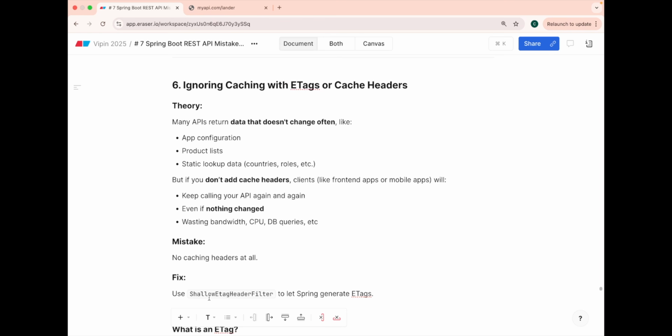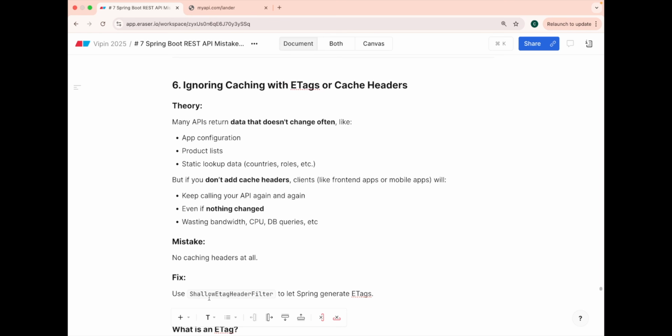The sixth very important thing that 90% of us don't do is, if we are the source of data to some other APIs, we don't tell them how much time they can cache our data. They always have to come back to us, find a person, a developer in the team and ask, is your data cacheable? And if it is cacheable, how much time can I cache your data?